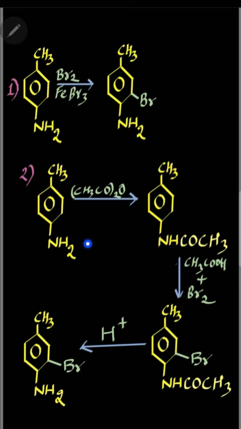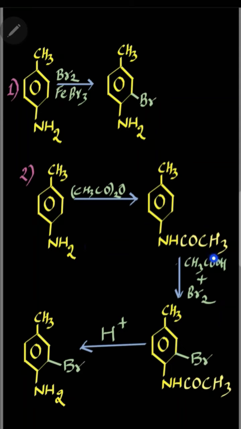But when you convert this amino group into this NHCOCH3 group, this is also an activating group, but its activity is quite limited here. So this ring is activated enough to undergo the substitution reaction, but in this case you will achieve a very controlled and selective bromination, right? And when you do the selective bromination, then definitely the yield of your desired product would be very, very high. So that's why it is always necessary to convert this NH2 into the NHCOCH3 group.